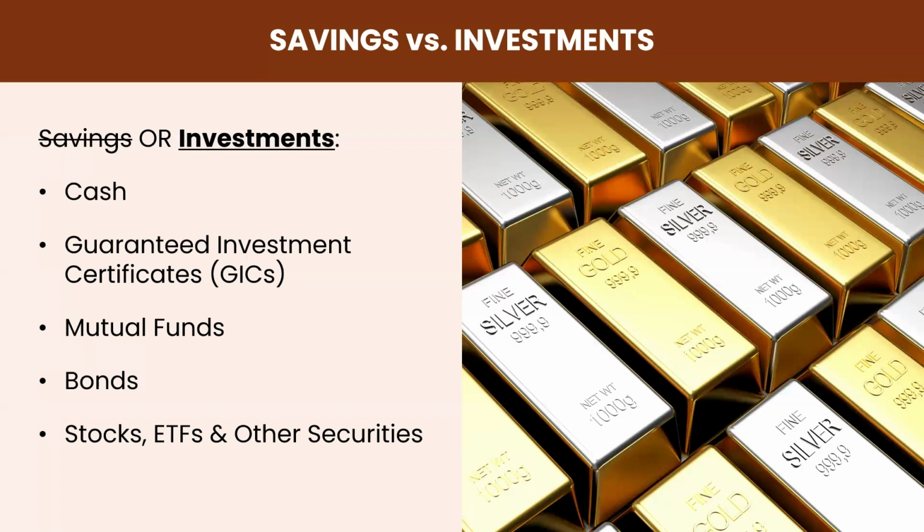Then you have bonds. You can hold bonds. Bonds basically means you're lending money to either a company or the government. And there are different types of it, municipal bonds, federal bonds, and all that. So you can lend your money out to an entity that uses it and they'll pay you interest for utilizing your money. You can do all that within your TFSA. And when you make money, like we said, you're not going to pay any tax on the money you make. Then you can also trade stocks, ETFs, and other securities.